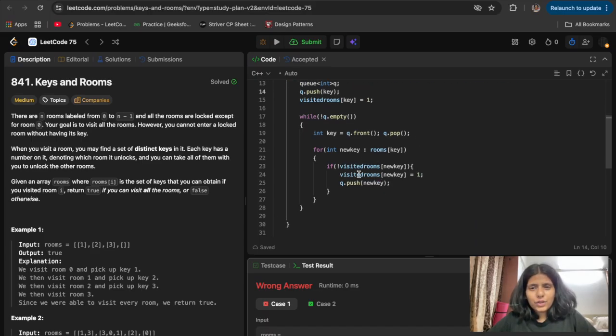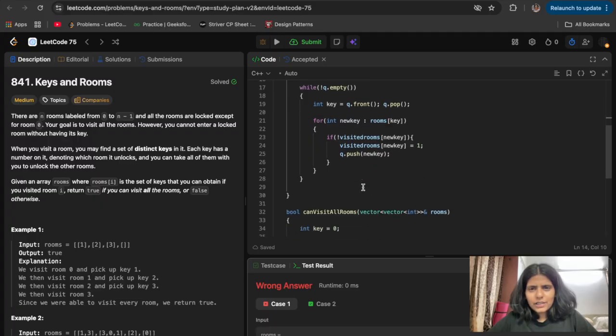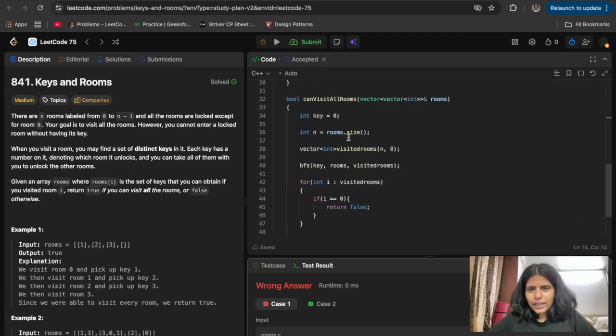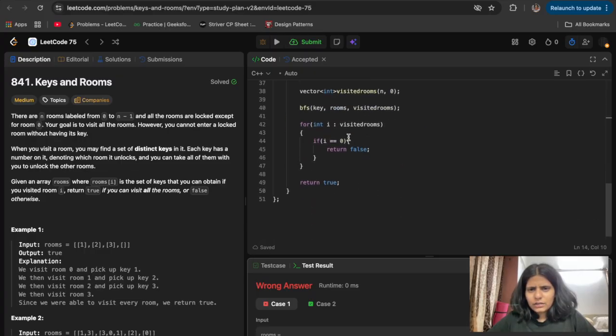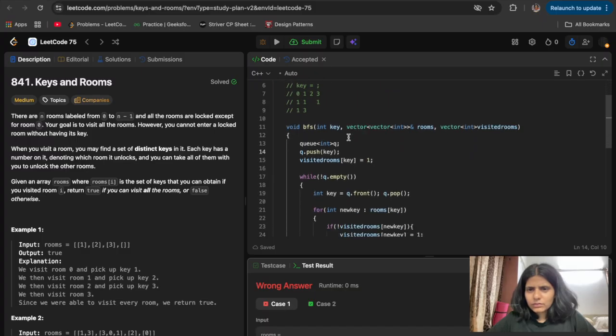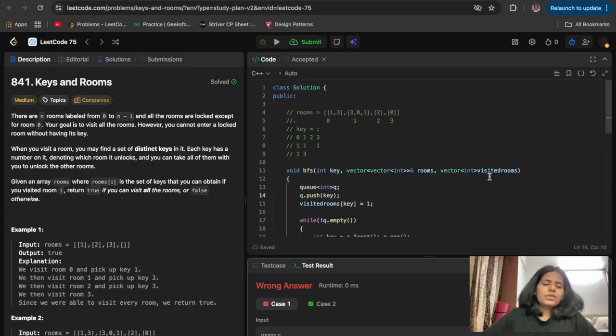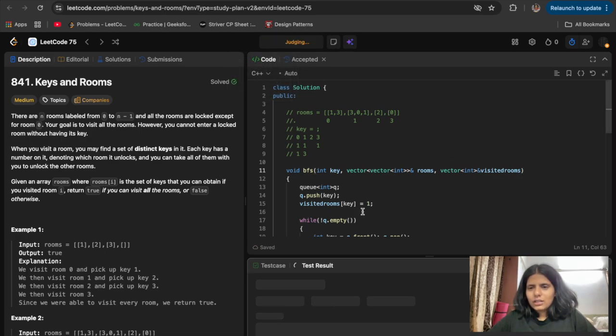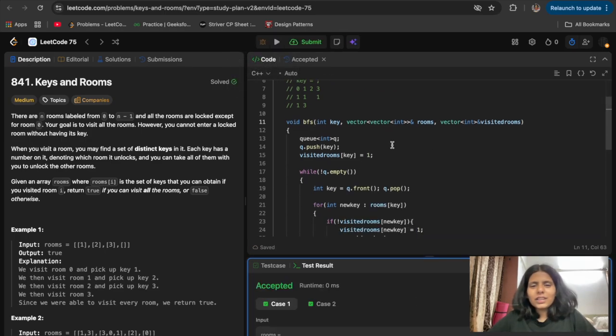If that new room isn't visited, we visit it and push the new key to the queue, and we do this until my queue is empty. So this should be right, but sorry, this should be passed by reference, not by value. Okay, now it's accepted and submitted.